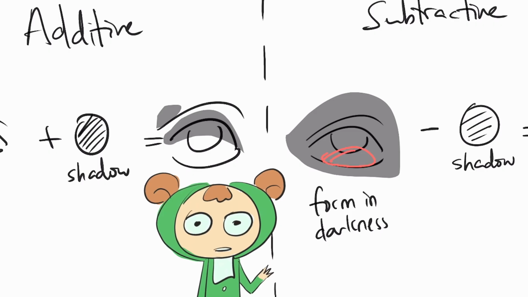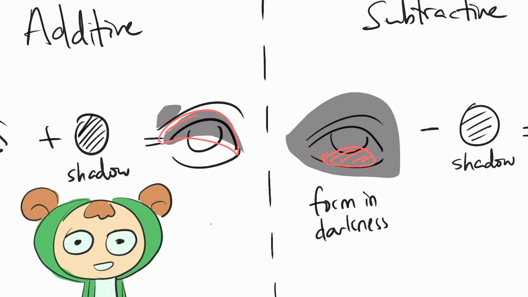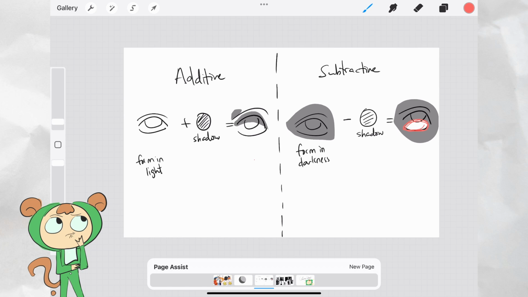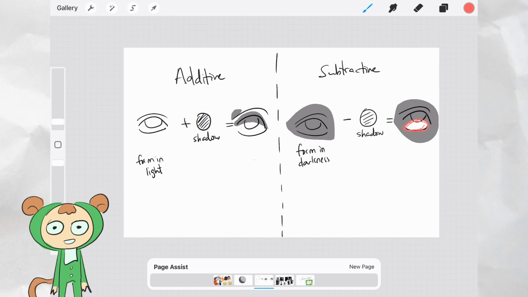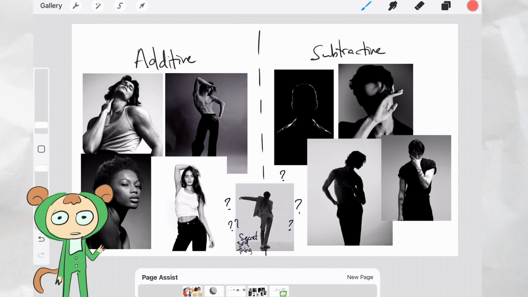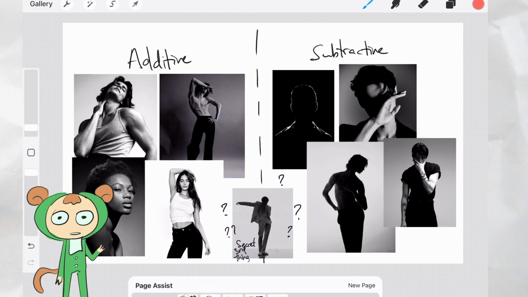I'll subtract this shadow and then I will add this shadow here. That's kind of the main difference. Honestly, when I approach coloring, I'm usually using a mixture of the two of these. Let's look at some examples here. So these are some photos from Pinterest that are just kind of illustrating scenarios where I would use an additive